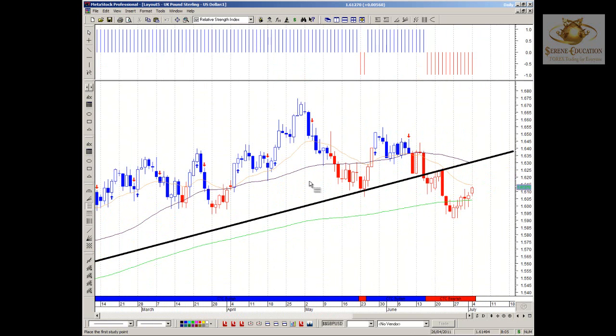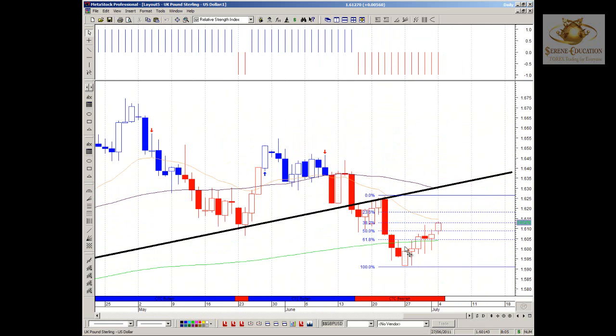You'll notice that we've broken a major trend recently, and we've seen further extensions to the downside. That downside movement has now come to an abrupt end as we've moved closer to the 100% extension of the initial move, and we've seen a bounce higher. What it's done is it's obviously broken above a previous support or resistance area, the institutional moving average, and we've also seen price now testing the previous